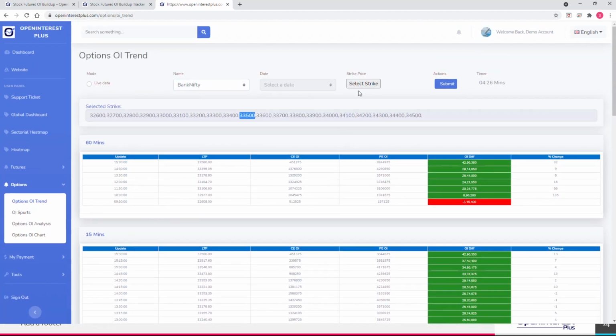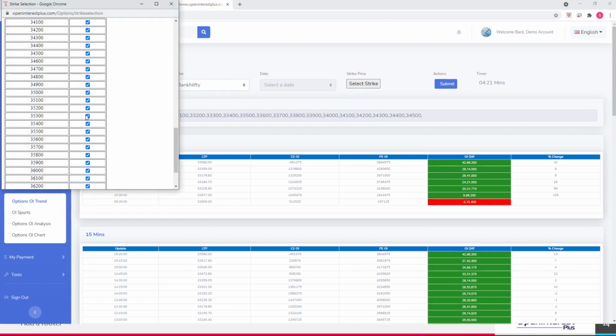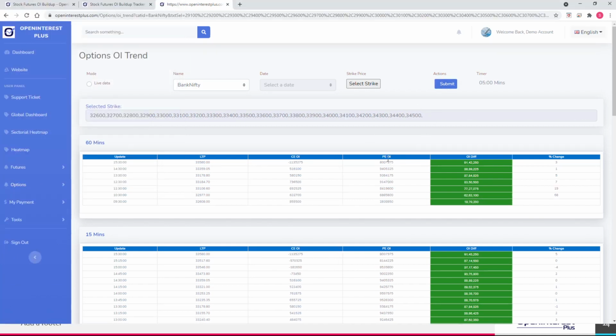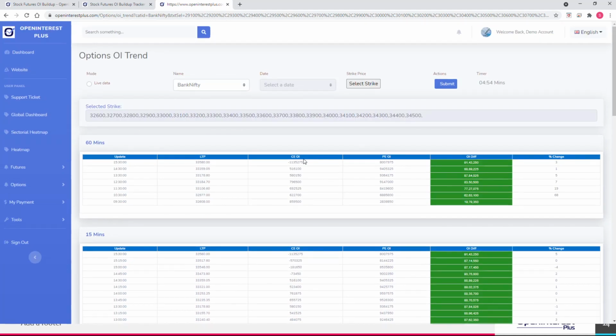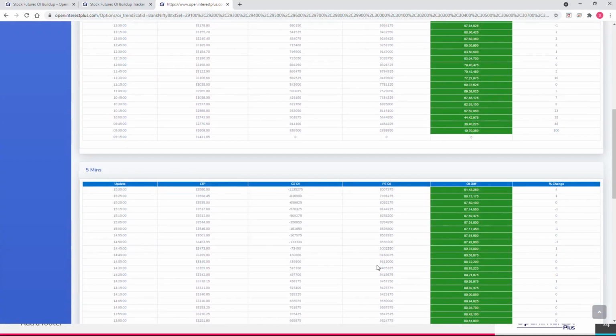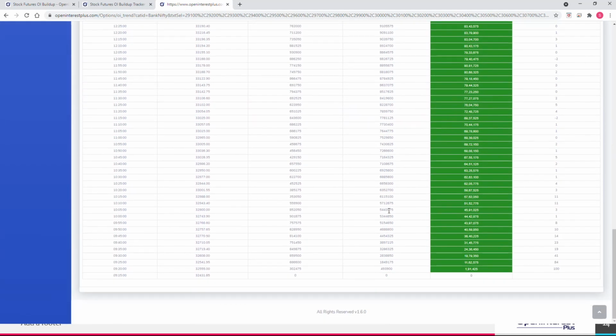What I generally do is I click on select strike, and by default all the strikes are selected. All I have to do is click on this select and click on submit. So once I do that, I have the sum of change in open interest of all the calls, and the sum of change in open interest of all the puts. So I have that cumulative of all the calls and puts, and then I have a picture of, if you remember,